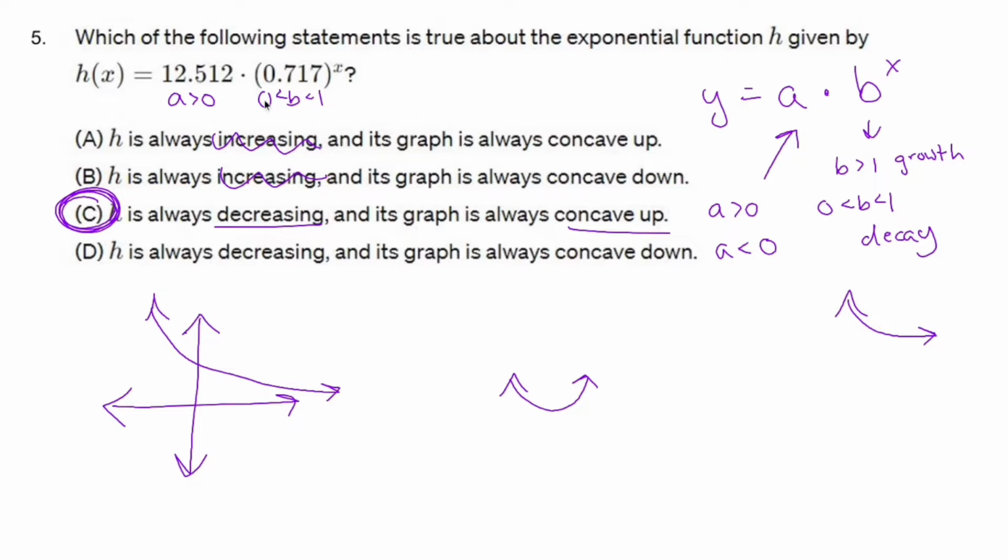All right, the answers change. Again, if A is negative, it flips it upside down, makes it look like that. That's not what I have. If B was positive, you'd have exponential growth, which looks like that. And if you were to flip that upside down, it would look like that. Okay, so if you need to rewind that and slow it down,